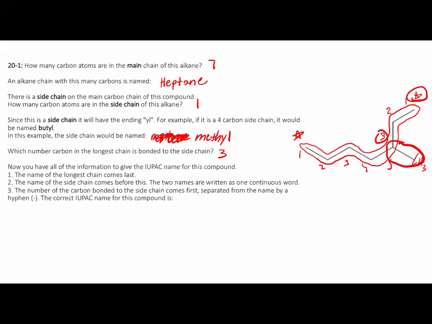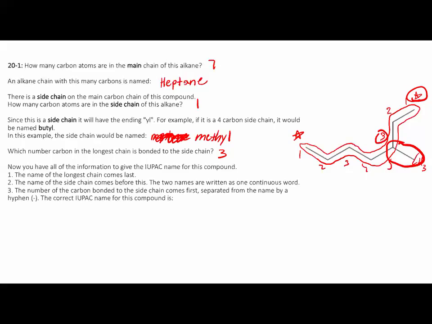Now that you have all the information to give the IUPAC name for this compound, here are a few things you should know when putting the name together. First, the name of the longest chain comes last. Second, the name of the side chain comes before this. The two names are written as one continuous word. And third, the number of the carbon bonded to the side chain comes first, separated from the name by a hyphen. The correct IUPAC name for this compound is... what I like to do for naming is